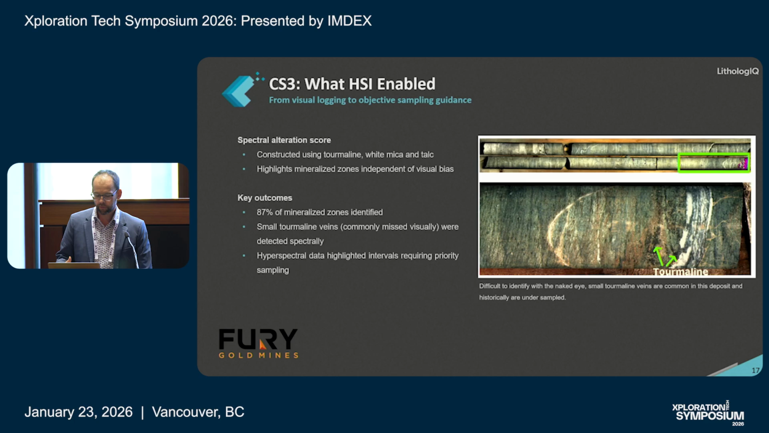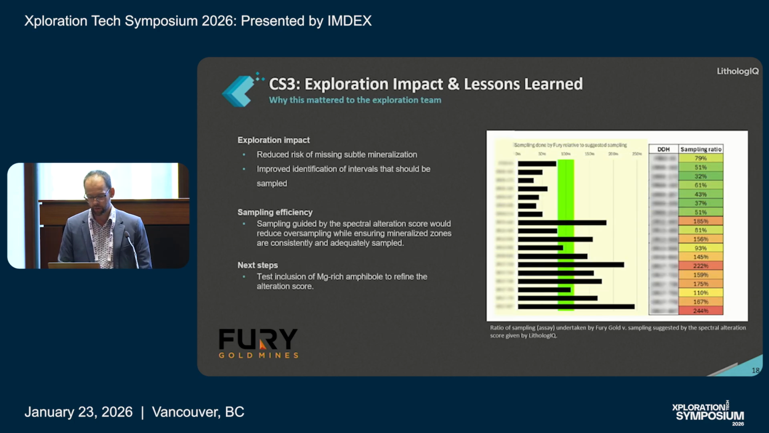It highlighted the small tourmaline veins and stuff that were overlooked. And here, one thing that is interesting regarding sample selection: if you look at the graph, the 100% highlighted zone is what we would have recommended as the sampling. But if we look at about the 12 or 15 drill holes here, and what was done as a sampling,